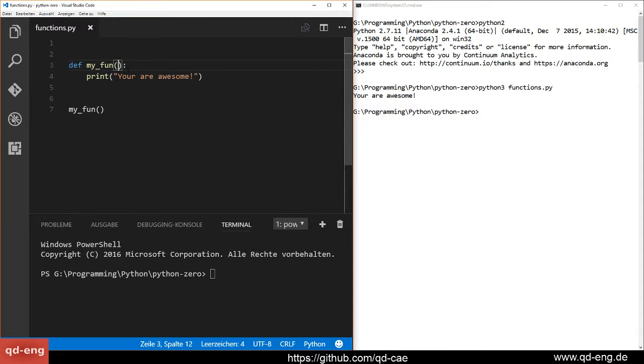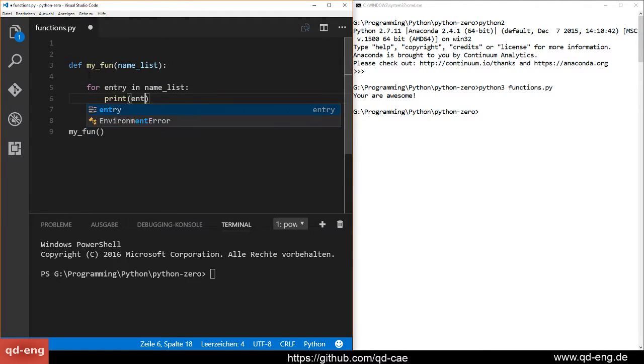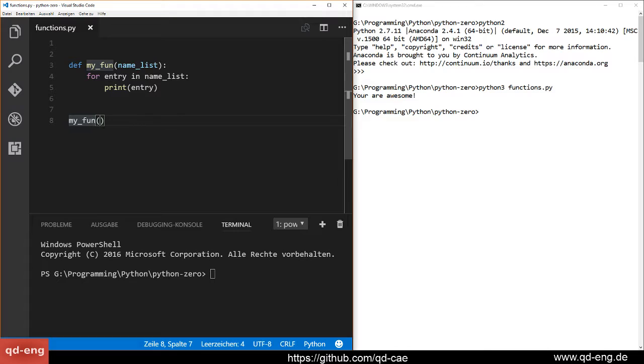Now I want to show you a few cool tricks. You can put arguments in here. So let's say we take in an argument, a name list. Okay, some name list. And here we go. We want to just print this. So for entry in name list, just print the entry. Quite simple. Here we go, and this is just the argument, and we can input, I don't know,